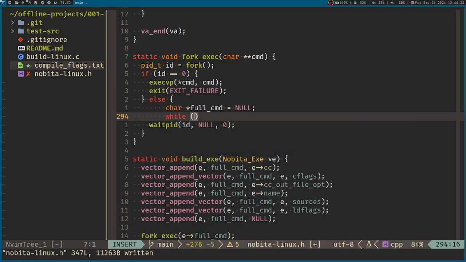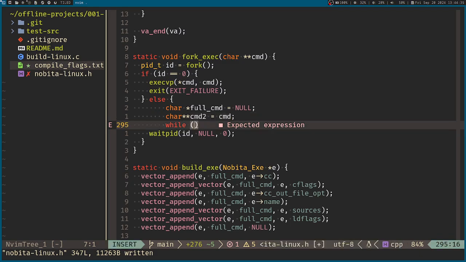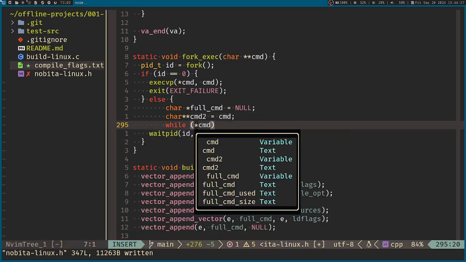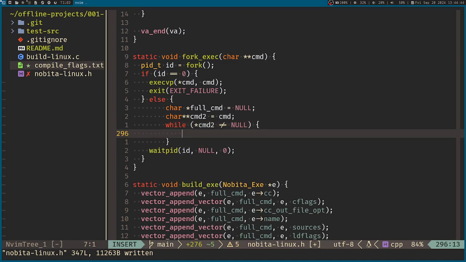What can I do here? I can get a copy of command pointer. And then while that is not null, then we can